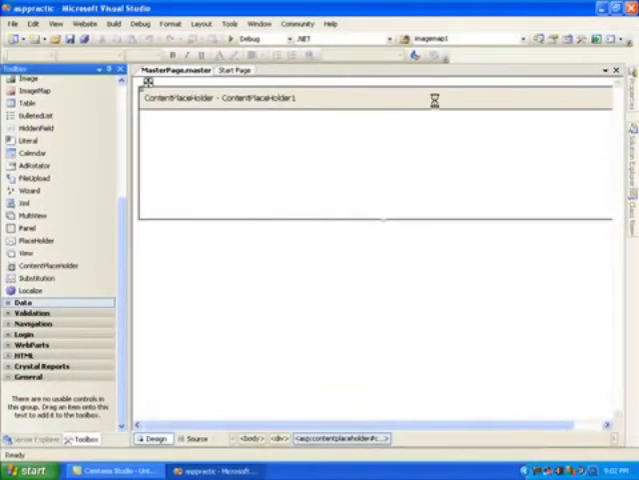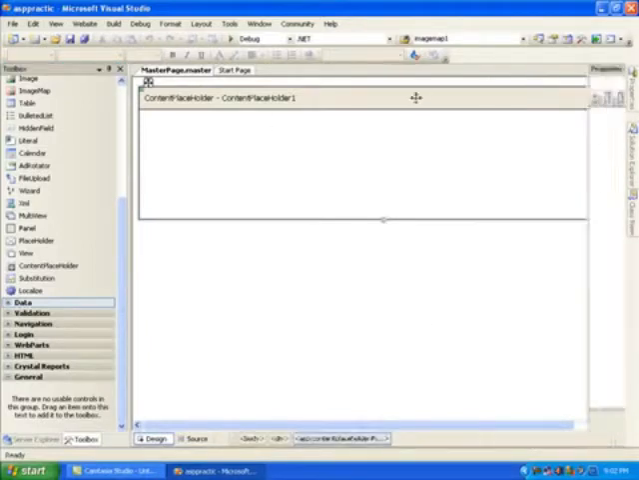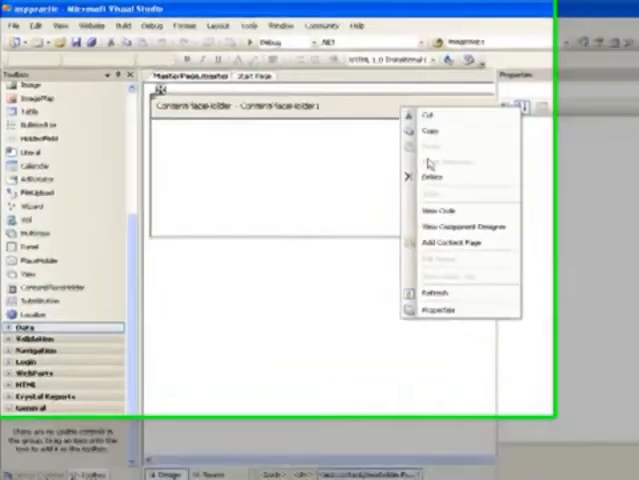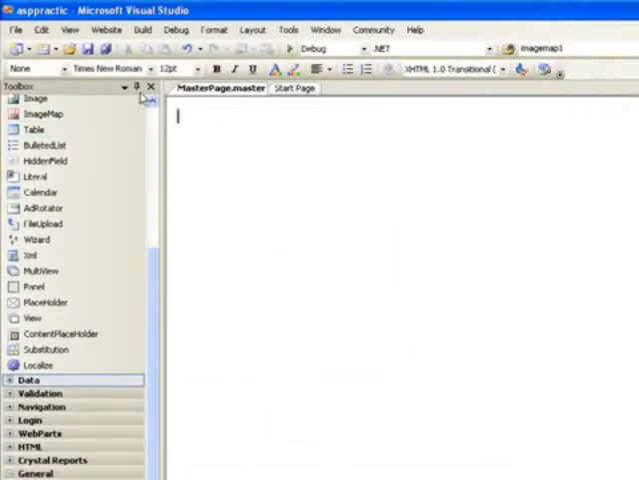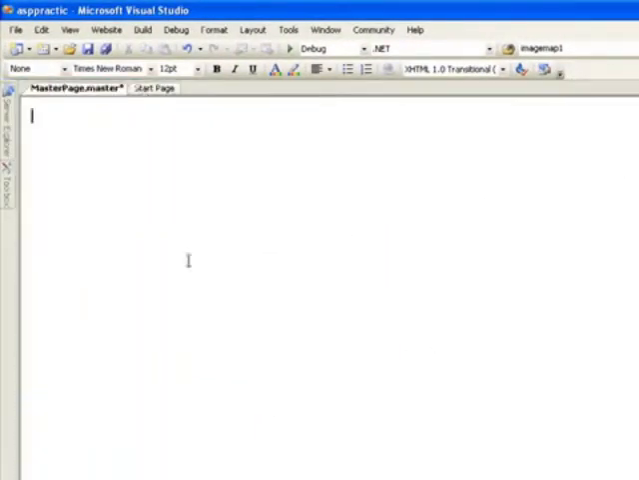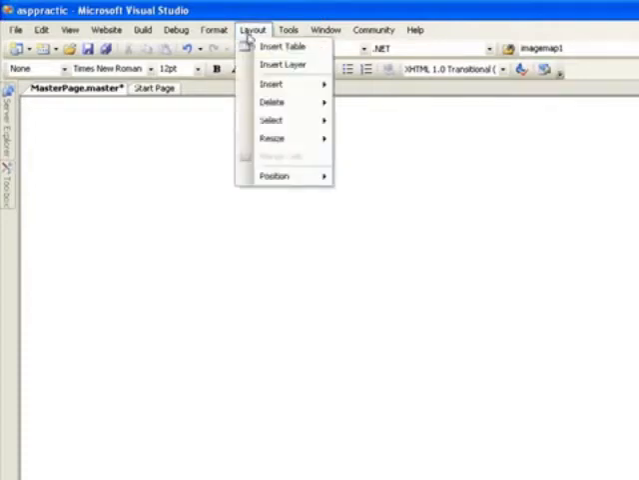I don't need it, so I just click on it. I'm selecting it, and after selecting, I'm deleting it. Okay, fine. Now I want to design a draft of the layout, so I go to the layout menu, into insert